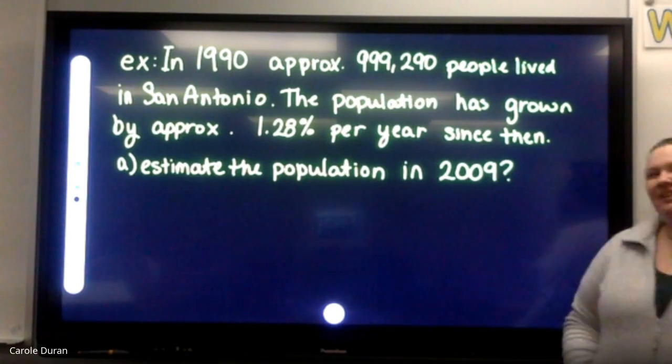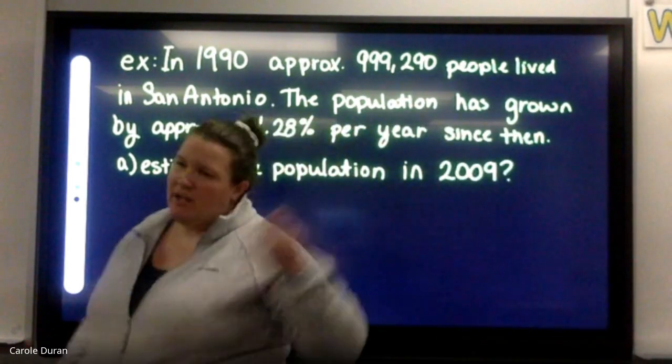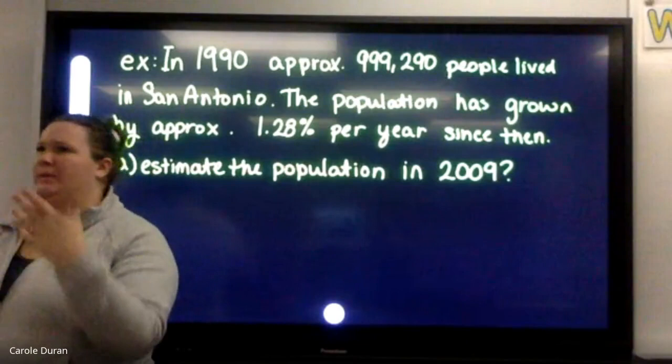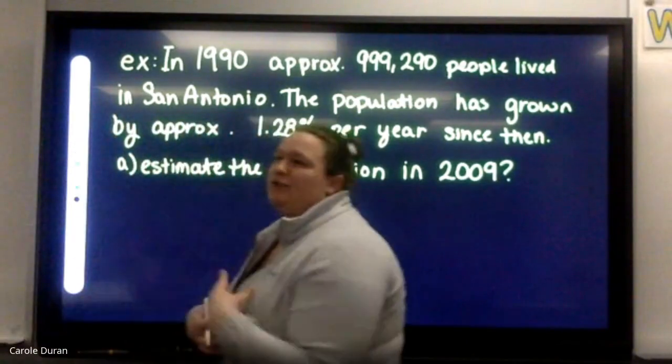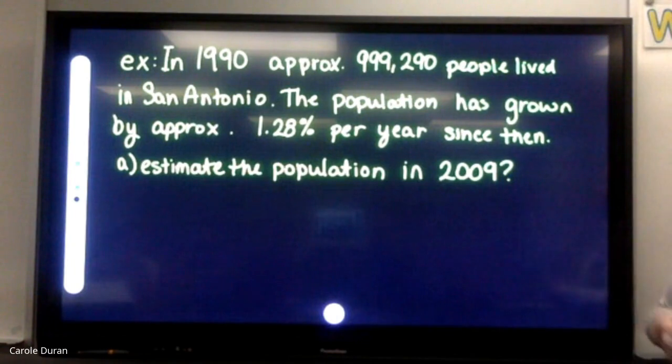Because it's every year, and a census is not taken continuously, so we're not constantly keeping track of, oh, 5 people were born but 3 people died. It's just taken every year, and then that population is compared, and that's what they use to develop this interest rate. So we're going to be using the compounded